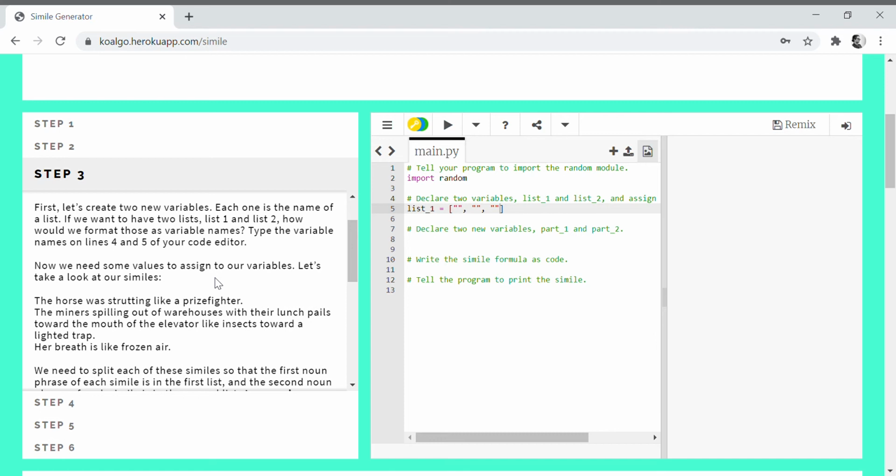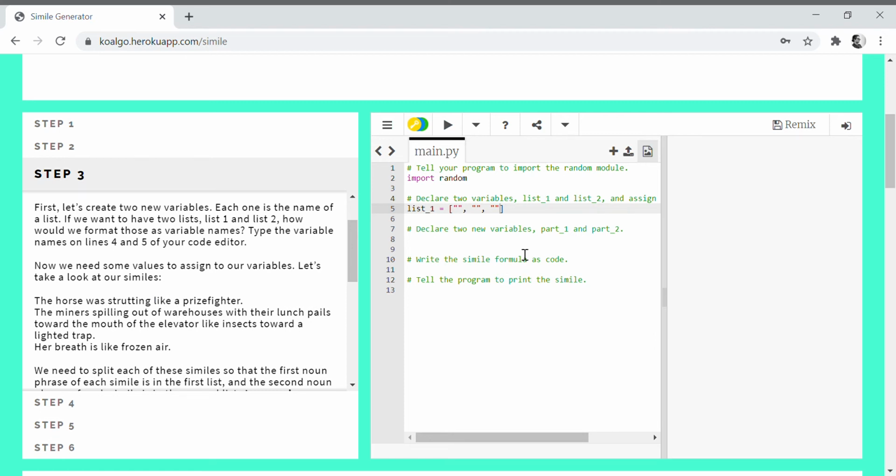Now, when you are teaching this project with your students, it would be a great idea to also have a conversation about how there's different types of simile structures, right? You don't always have to use like. This is a very common structure for similes, but of course you can use as, or as though, or as if. There are different types of structures that you can use for similes, but to keep things simple, this is the structure that I've chosen to use for these projects.